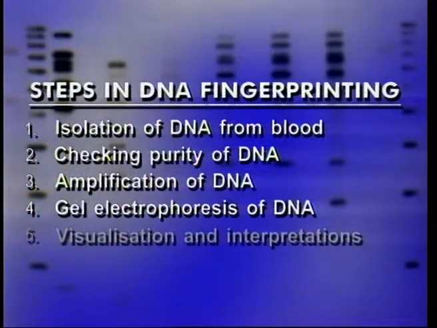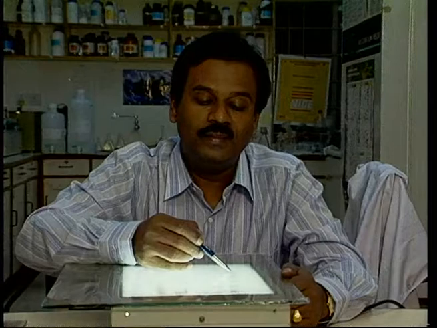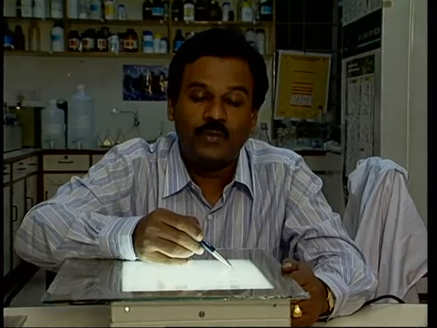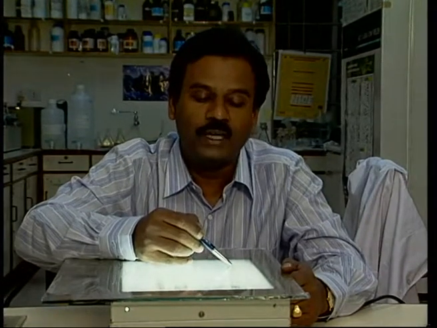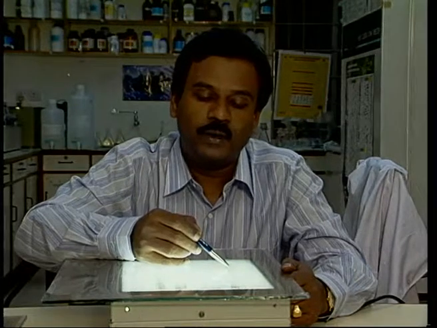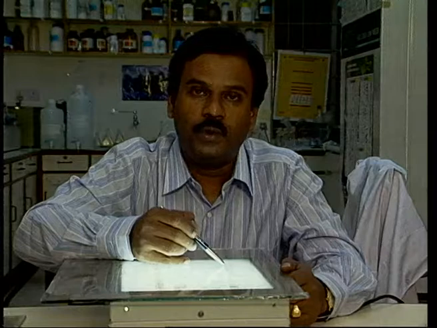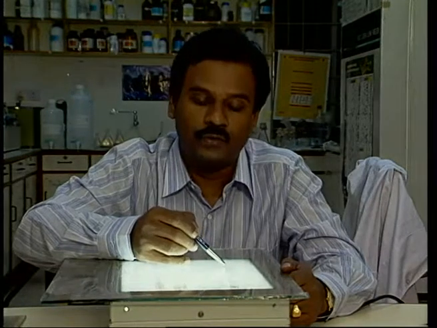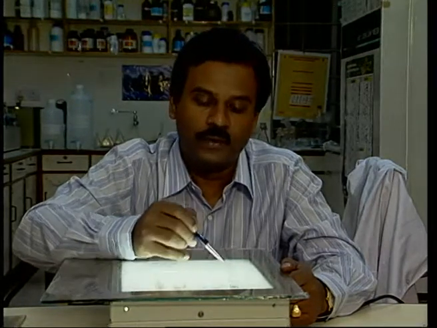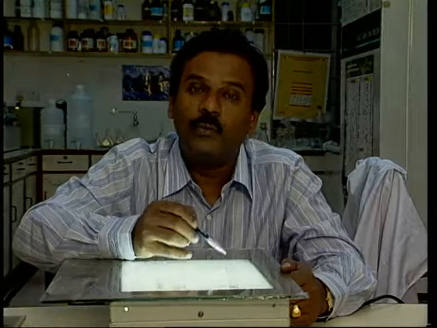With that begins the last stage of DNA fingerprinting, the visualization and interpretation of prints. Molecular biologists compare the bands of the father, mother, and the child whose parentage is in dispute to find out whether the child has the same genetic prints as the father and mother. Now, all are heterozygous for this loci. As you can see, the two bands. Had they been homozygous, there would be only